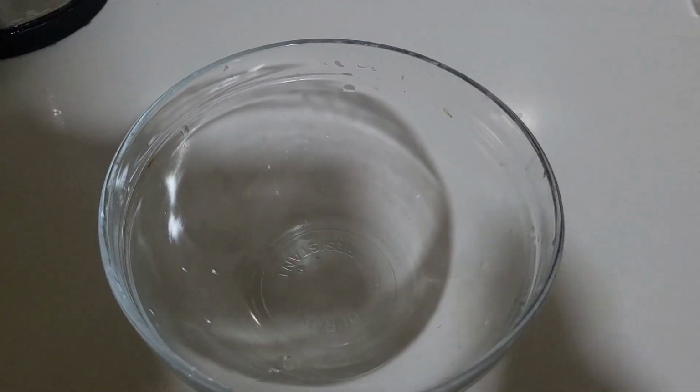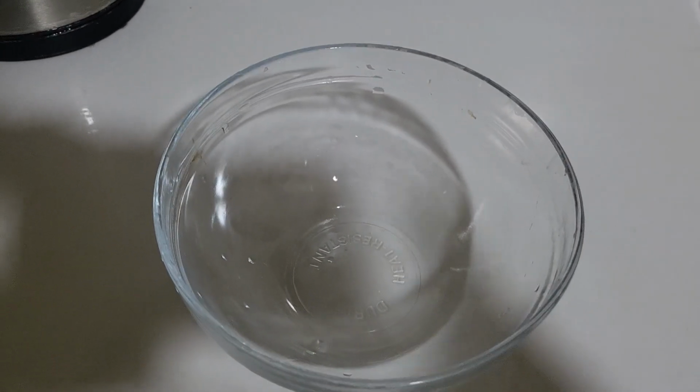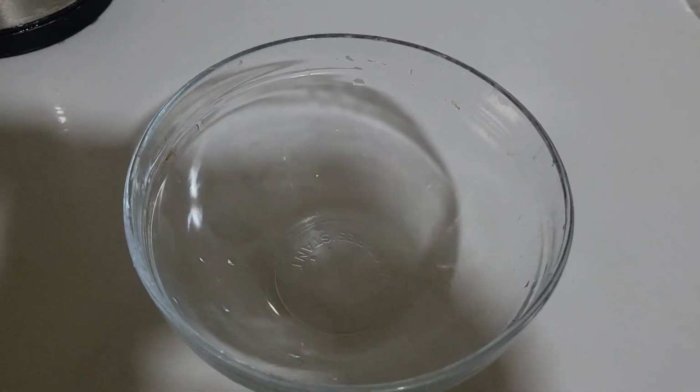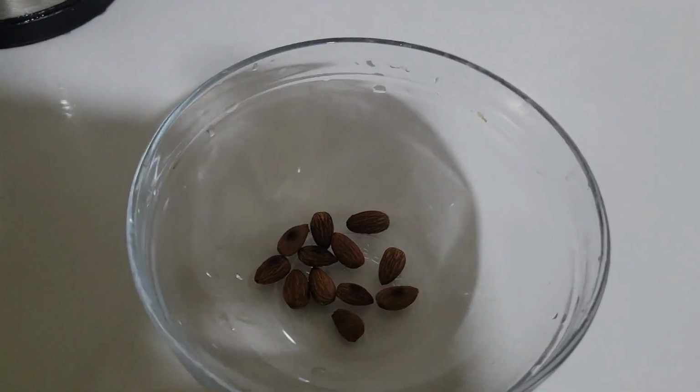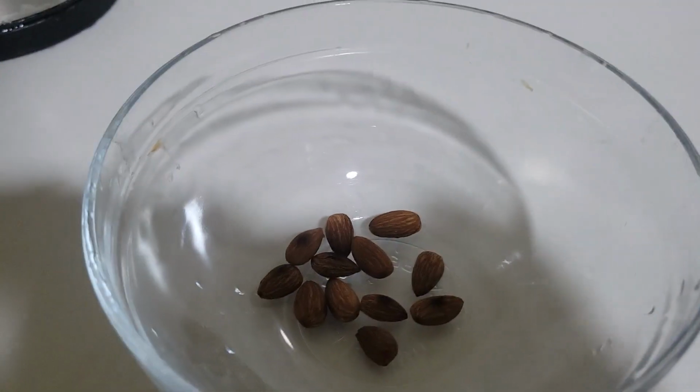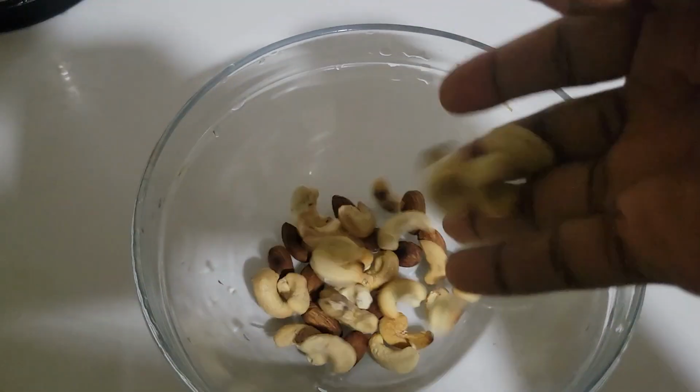So to make healthy ice cream at home, you can make do with some ingredients you have in your pantry. So now I'm going to be adding some almond nuts. This is the little I have at home. You could add more. So the next thing is some cashew nuts,